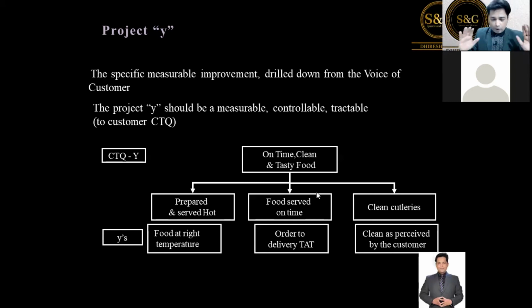Okay guys, clear? I'll give you another simple example. Yeah, Ashutosh, fifth could also be that the right food is served to the right customer. Exactly, amazing. So this is a defect opportunity. Table number 4 has ordered vegetarian, table number 5 has ordered non-vegetarian, and you have the swap. It will be a disaster. Amazing example, Ashutosh. Exactly, it is a defect opportunity. So you collect the data of such incidents, note them down, and then reduction of those incidents could be your project.